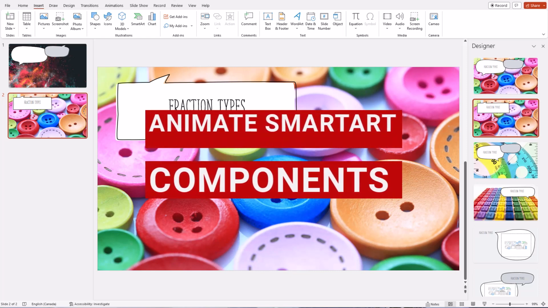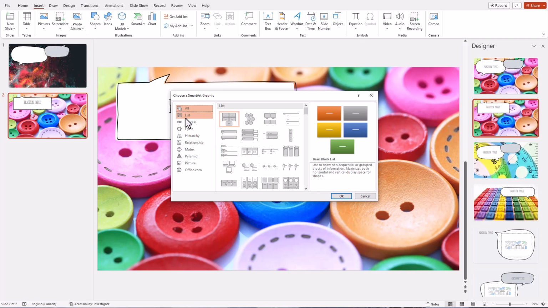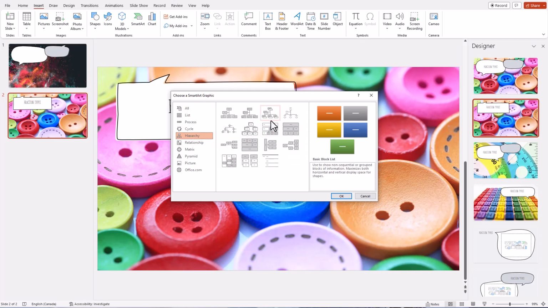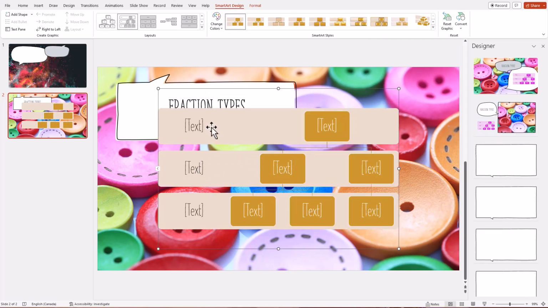Yes, you might be wondering how we are going to be able to create not only a SmartArt, in terms of clicking on it and picking whatever information you want to be organized using SmartArt. In this case, if I want to use hierarchy, I can go ahead and pick the specific one of my choice. In this case, this particular format, and once I hit OK,